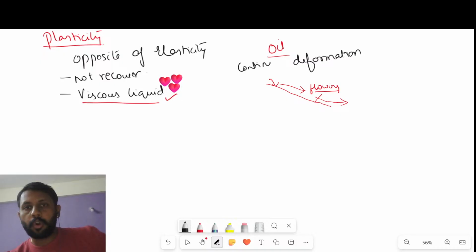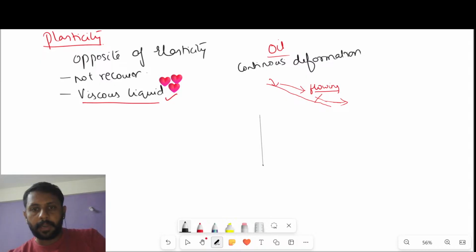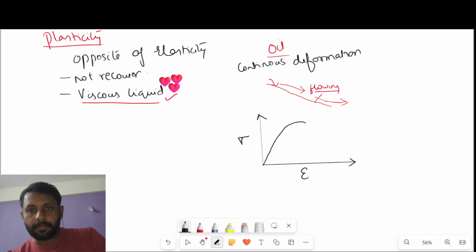So when a material is loaded beyond its elastic limit, what happens? It has a certain limit of regaining. But if you keep loading it continuously, you have applied up to a certain limit. This is your elastic limit E. Up to A it comes back. B, if you load it beyond E, that is if you load it up to B, it comes to a permanent set like this.